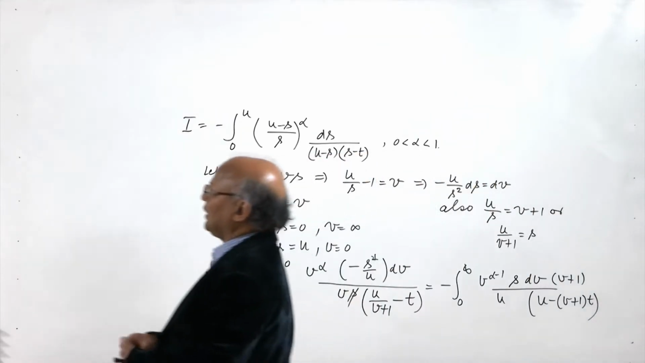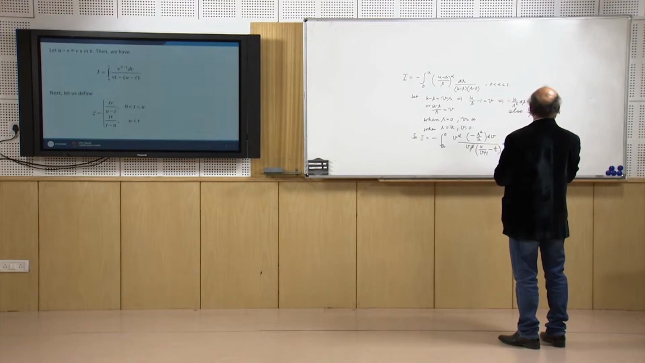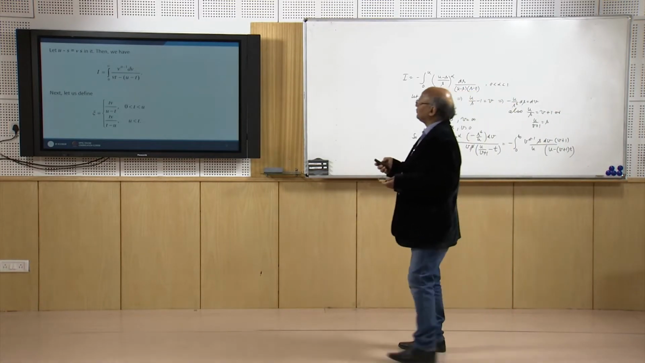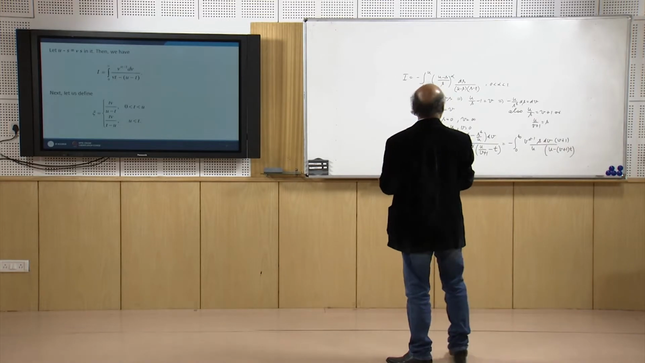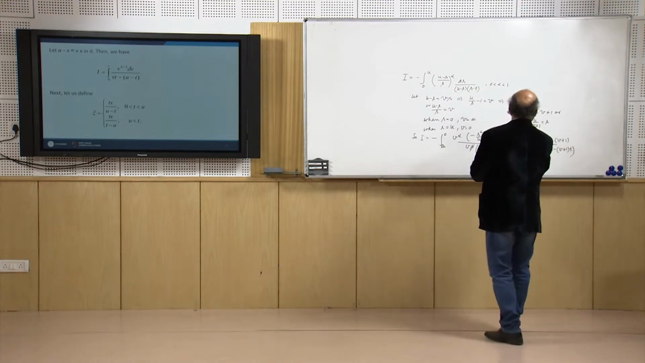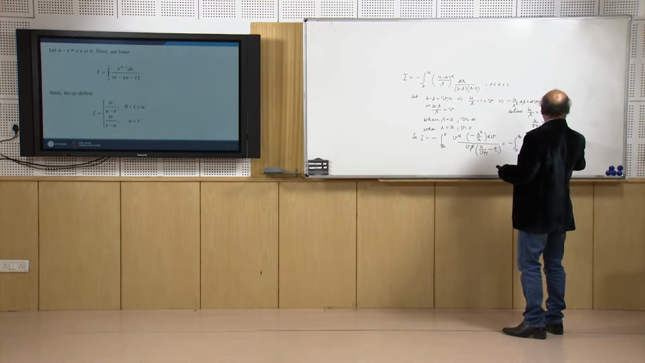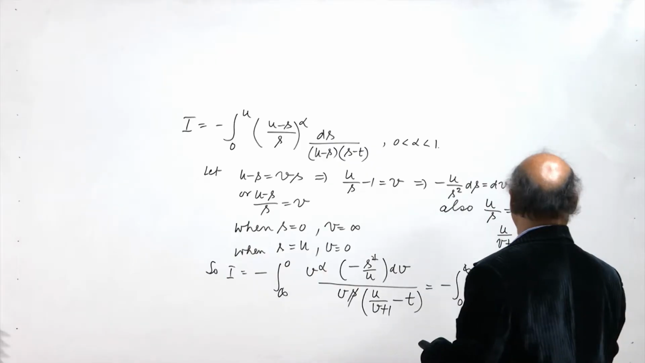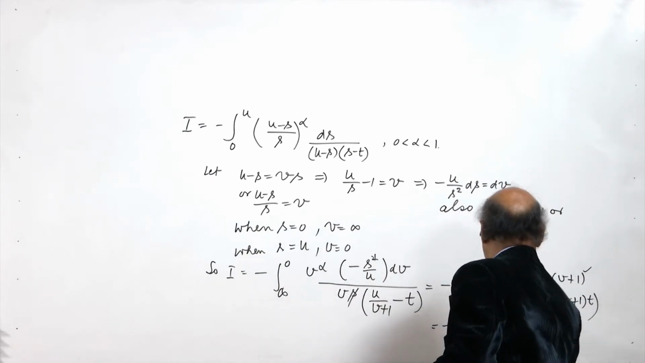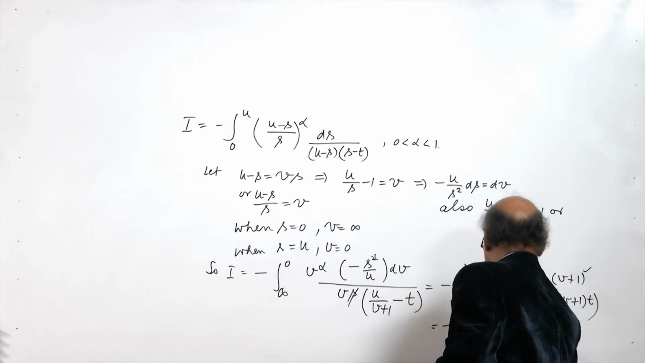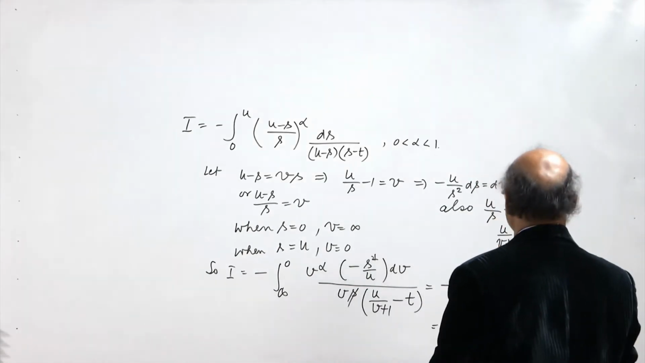So this is equal to (b plus 1) divided by u, and what we have here, we should get b to the power alpha minus 1 db, s upon u. Okay, b plus 1 is equal to u upon s, so s upon u into (b plus 1) is equal to 1. So this is equal to minus integral 0 to infinity b to the power alpha minus 1 divided by u minus (b plus 1) into t db,